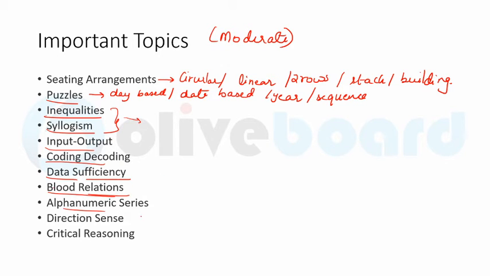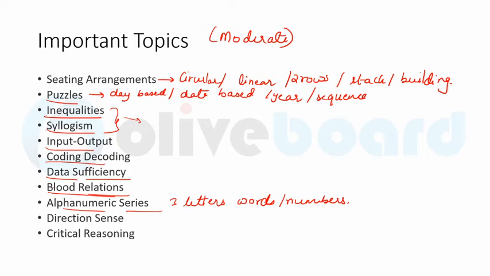Then alphanumeric series, or maybe a word based series, you have 3 letter words, right? So those are the types of questions which you can expect here, right? So 3 letter words or numbers, those types of questions can also be a part of your examination. So prepare well, right? Alphanumeric series, that is you will be given a string where you have alphabets, numbers and maybe special characters, and then you have questions, that is how many such numbers are there which are followed by an even number and immediately preceded by a special character, right?